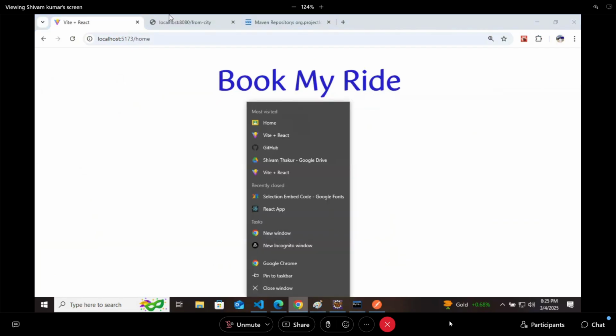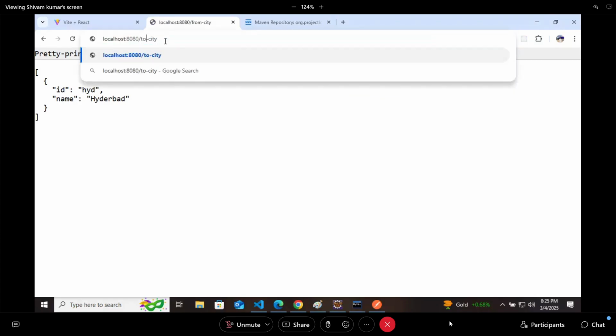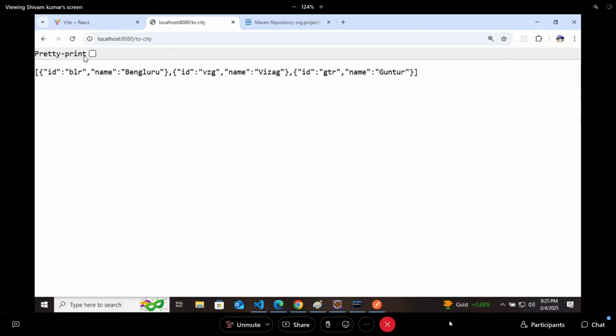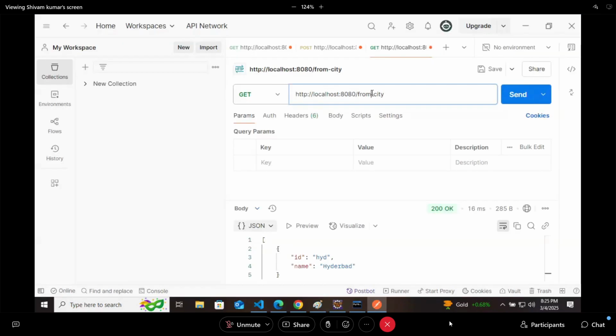So we will fetch the to city this time. In browser, we are able to fetch three different cities. Same thing I will fetch in Postman. That is to city. Here also we are getting three cities. Same thing now in the